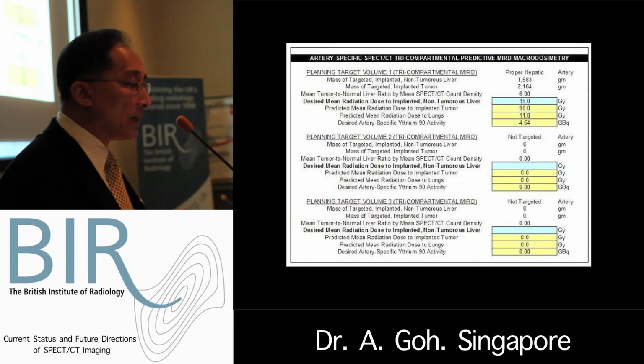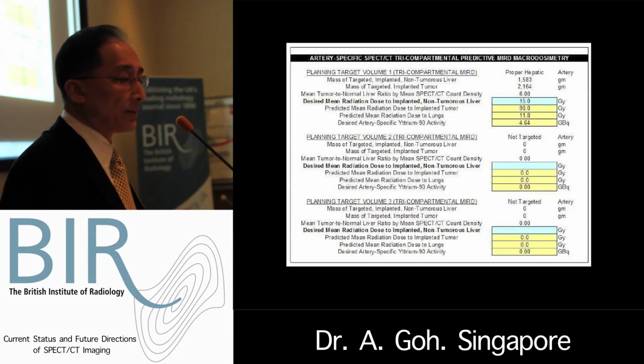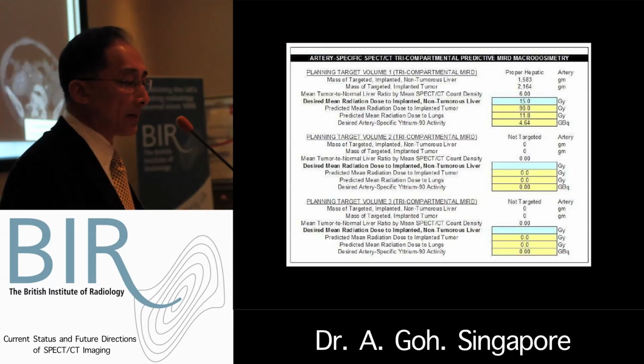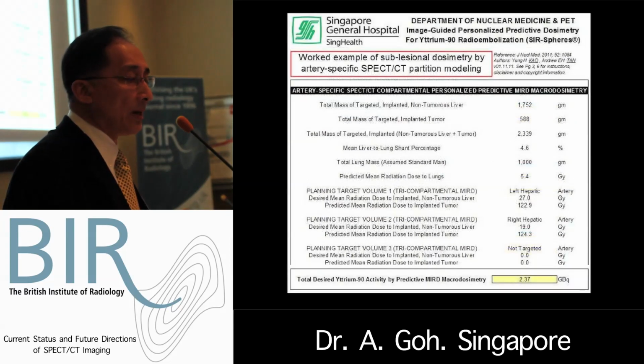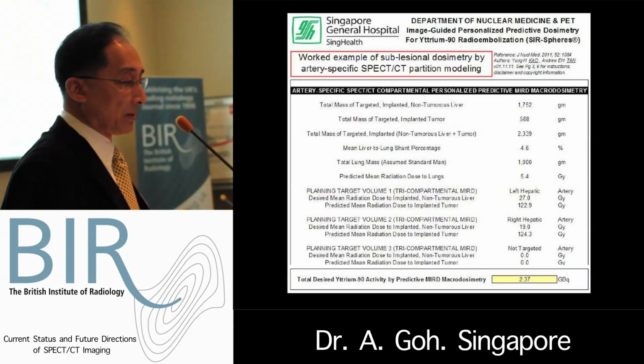Then 15 grays to the non-tumorous liver, and 90 grays to the implanted tumor. Okay. And again, in this earlier dosimetric worksheet, we made use of the fixed lung mass of 1,000 grams. Okay, so